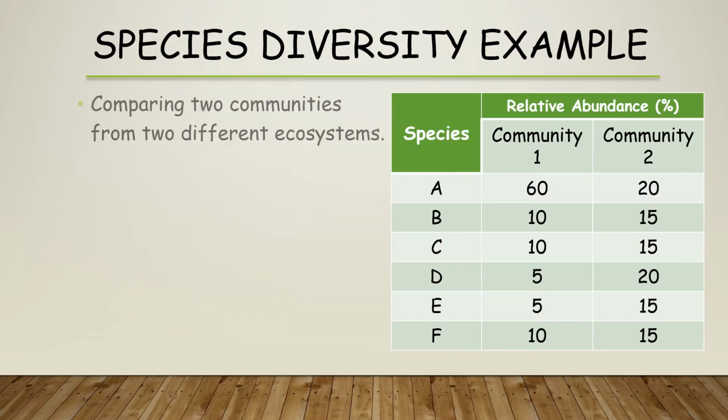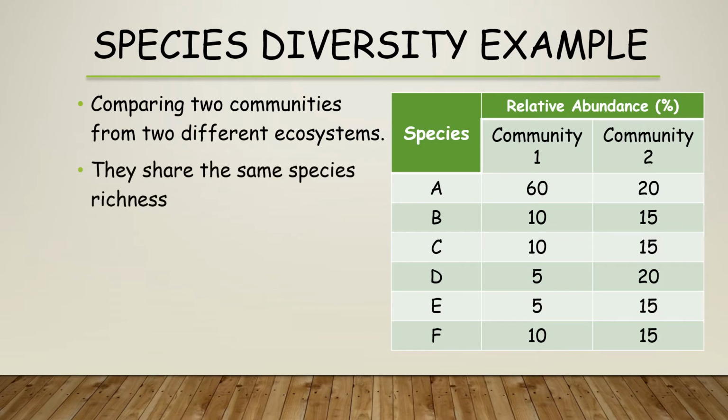In this example, we're comparing two communities from two different ecosystems. As you can see from the table, they share the same species richness. So both communities 1 and 2 have species A to F. You'll also see that they differ in terms of relative abundance. So community 1 is dominated by species A, it's 60% of the abundance, and community 2, it's a lot more even. So you'll also spot that species D and E are only 5% of the abundance within community 1, which